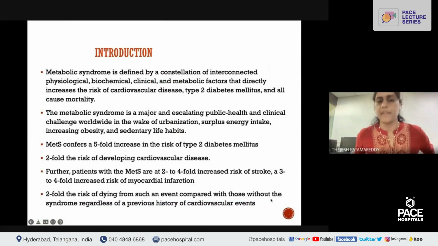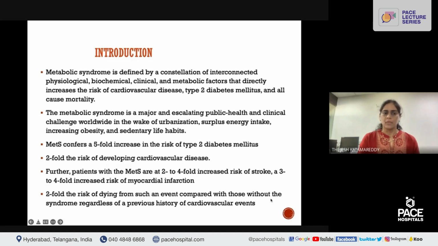So metabolic syndrome is defined by a constellation of interconnected processes, which are physiological, biochemical, clinical, and metabolic factors. All these factors together will increase the risk of cardiovascular disease or type 2 diabetes, and all-cause mortality also is increased. Metabolic syndrome is a major escalating public health disease, and it is a clinical challenge worldwide. This is in view of urbanization and surplus energy intake, increasing obesity and sedentary lifestyle of the